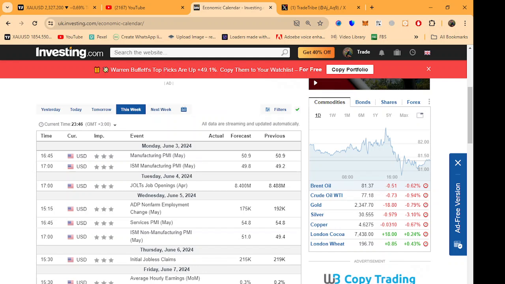We have NFP. The previous one was 178, and this one is forecast at 158, 55K. If the actual data is bigger than the forecast, it's good for the dollar. The dollar will be bullish. Okay, let me explain